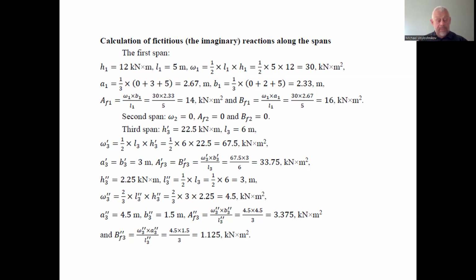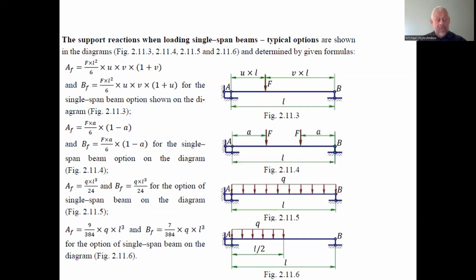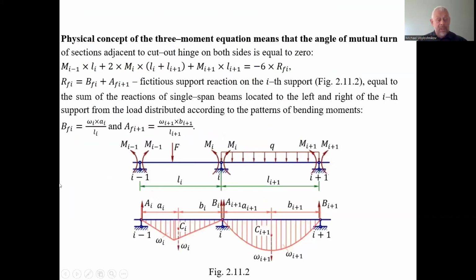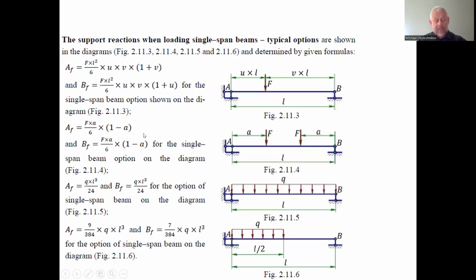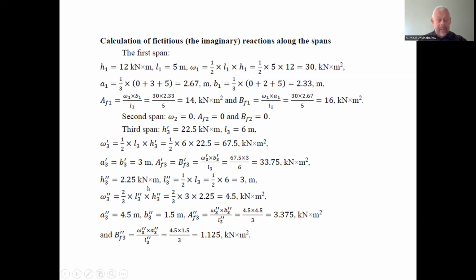We can find that the distances between the hinges at the ends of the third span are equal to 3, and using the formulas for the summands of the fictitious loads B fictitious y and A fictitious y plus 1, we can find that A fictitious F3 stroke equals B fictitious F3 stroke, equal to 33.75 kilonewton, 33.75 kilonewton